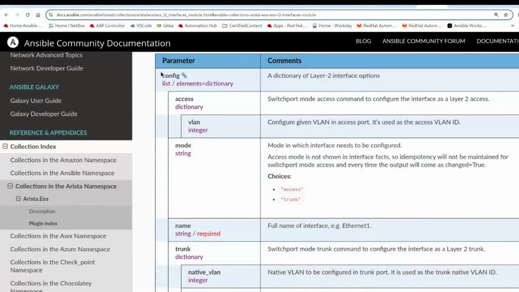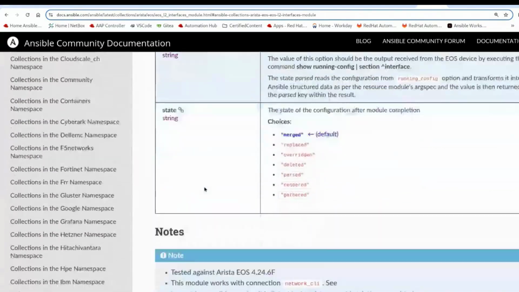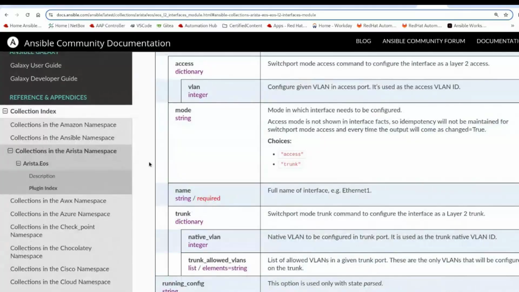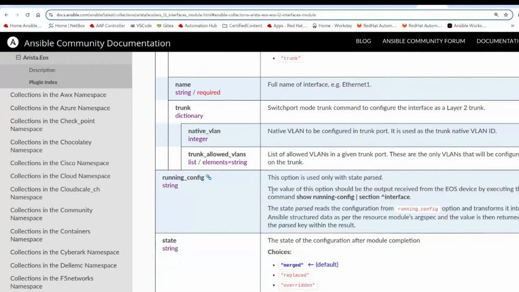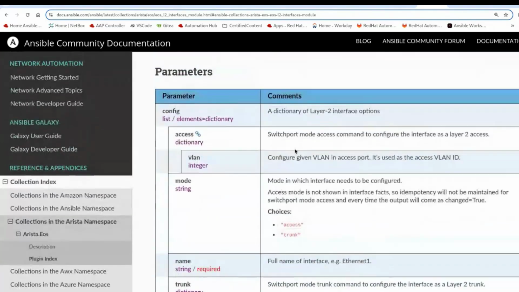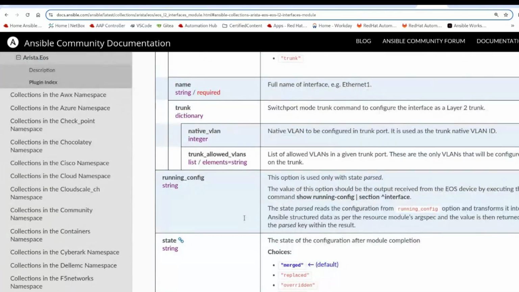So we have all this, access VLAN and trunk config, but you don't see port security and a lot of those types of configs. So even if you look at Cisco, Arista does have a little less coverage now that I look at this a little bit closer. So that's how you would use this for the bulk of it, because a lot of your ports, or all of your ports, are either going to need to be access, trunks, or layer 3 ports. So you can quickly do that from resource modules,